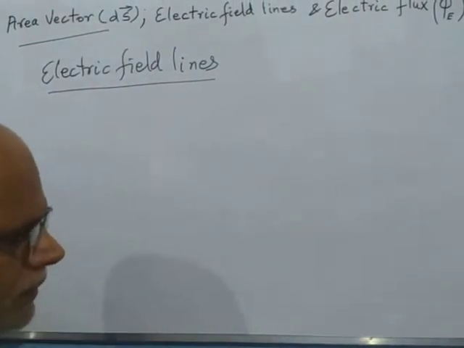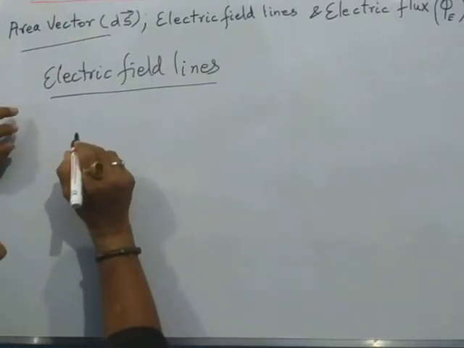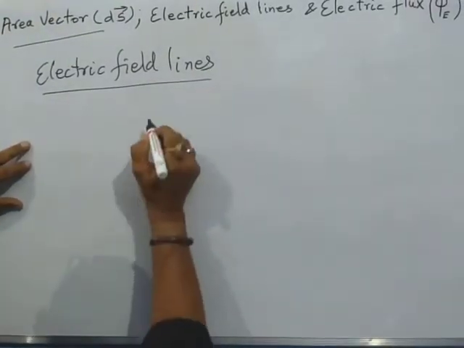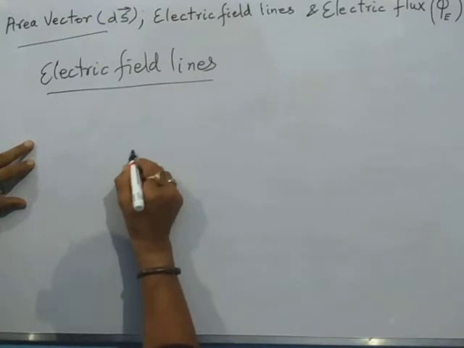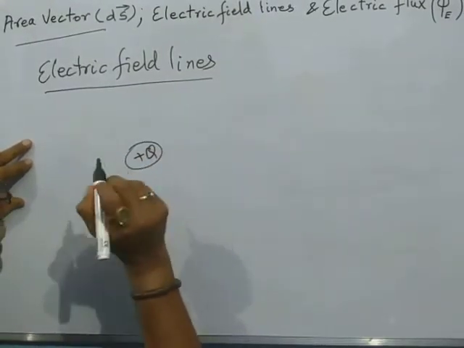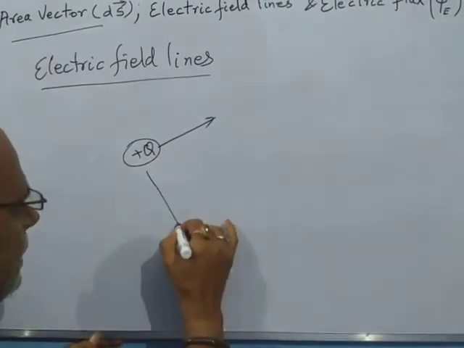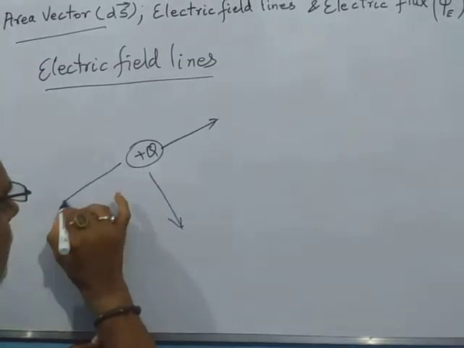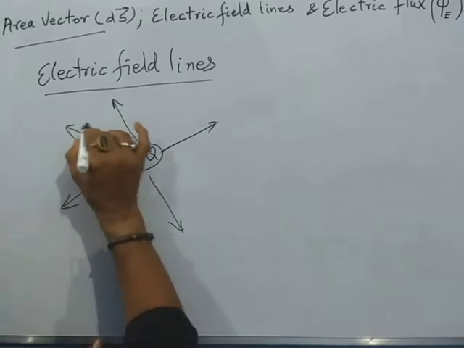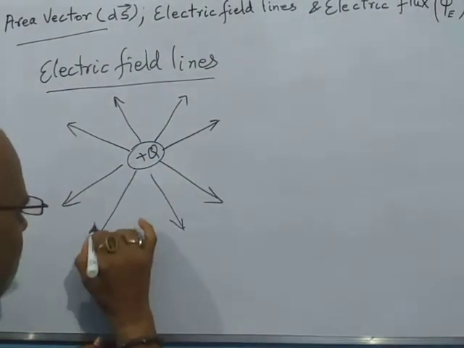So what is an electric field line? Let us define. It is an imaginary line which shows the path along the positive charge. See, electric field line, say for example we talk about a source charge, plus Q is over here. Then we have electric field around it. You see, electric field due to a point source charge is shown by these arrowed lines. These are the direction of electric field due to point charge.